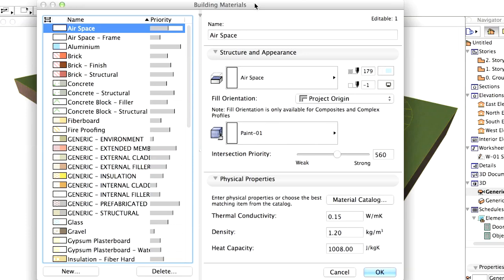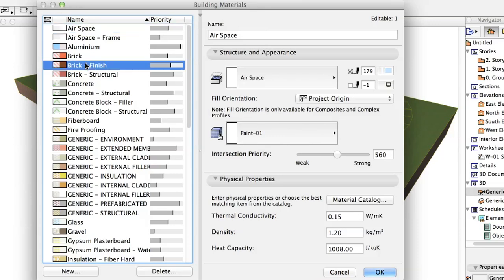Each material is simulating a real material and has a so-called intersection priority setting. These priority settings will control how our junctions will appear later when two constructions collide. The higher priority a material has, the more important it will be in a junction. On the right, you can assign cut fills to the materials for 2D representation and surfaces for 3D. You can see a preview list of these settings in front of the building material name in the list as well. Select an existing material, brick finish,